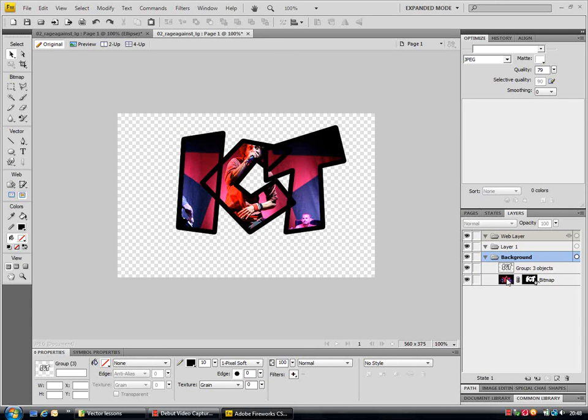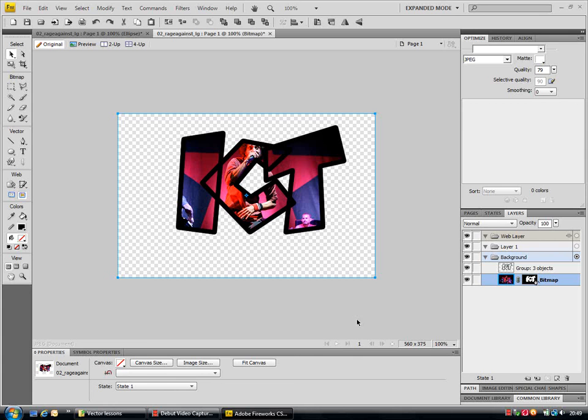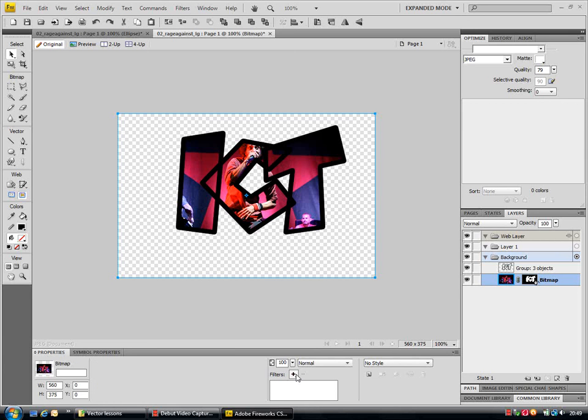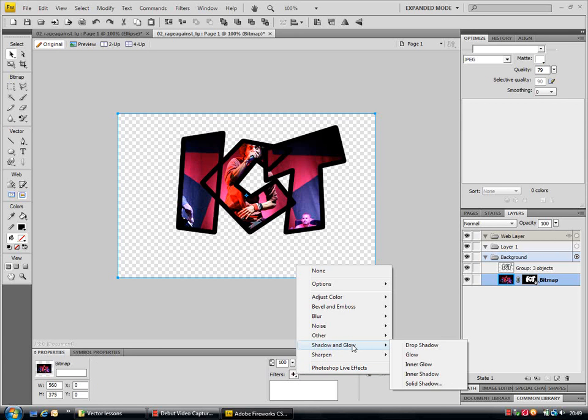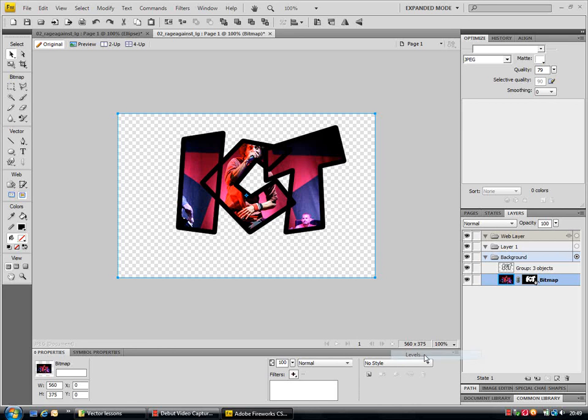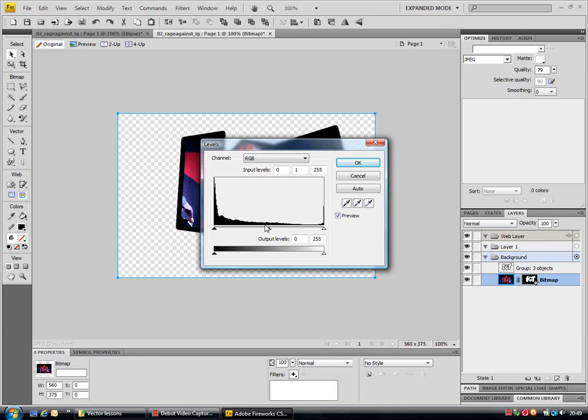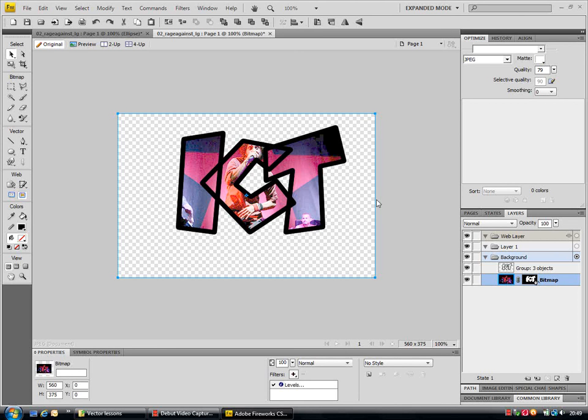And just like you can on anything in Fireworks, you can then add filter effects onto your images, like you would have learnt in previous tutorials, in order to make your work look a little bit easier to see. For example,